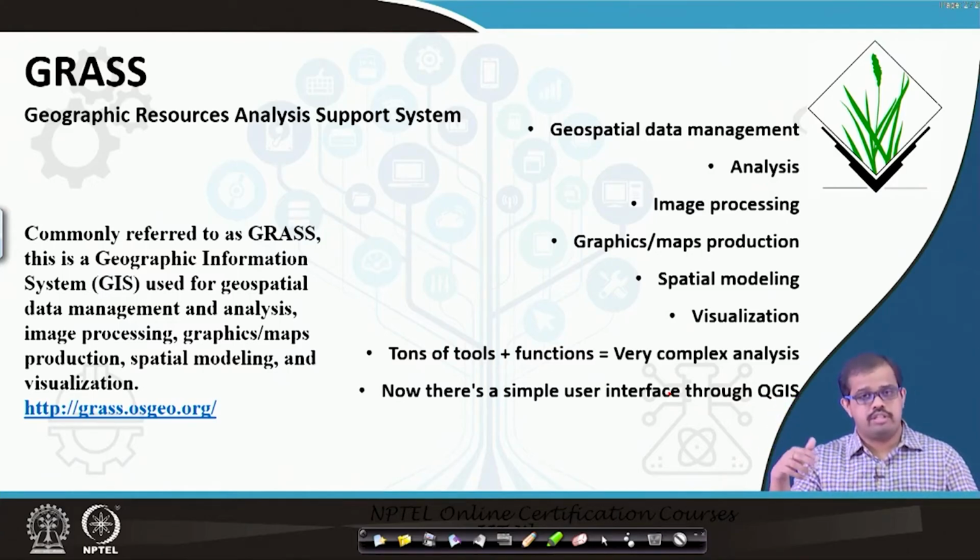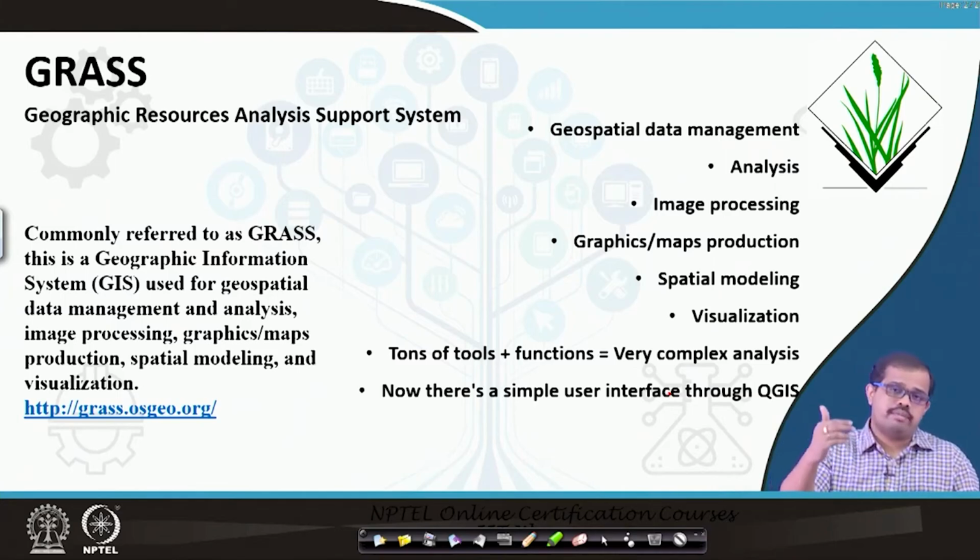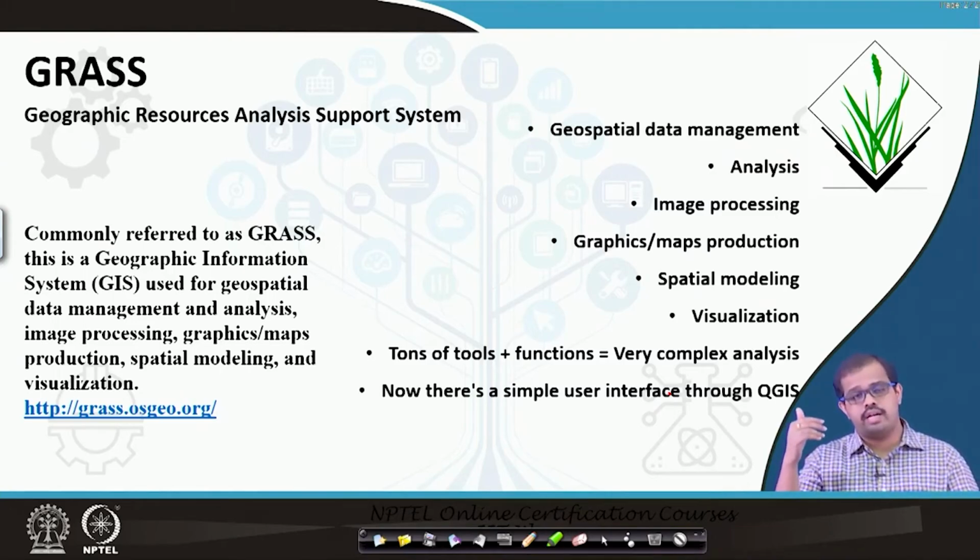Anything that can be modulated in terms of a GIS software can be done with GRASS. And whether you are looking at spatial modeling, the production of graphics and maps, or analysis, basically image analysis, it is extremely useful software available today. So I would suggest that students have a look at this particular website and probably even look at its functionality. You will be assured that you will not go back to any proprietary software in terms of using it